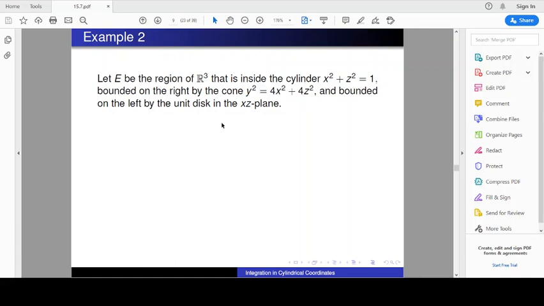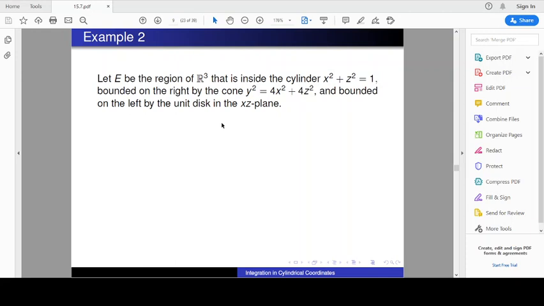Alrighty, so here we are. This will be the last example of an integral in cylindrical coordinates, but it's a pretty good one. So buckle your seatbelts. We will let E be the region of space that is inside of the cylinder